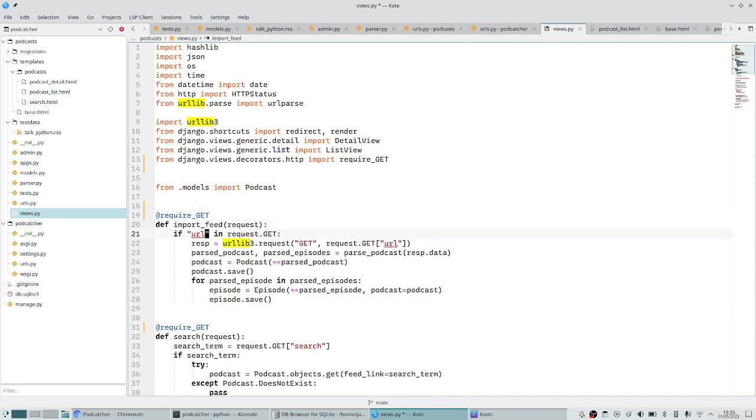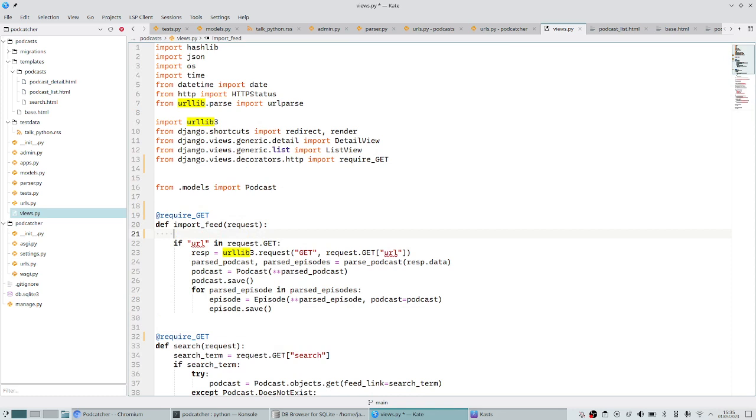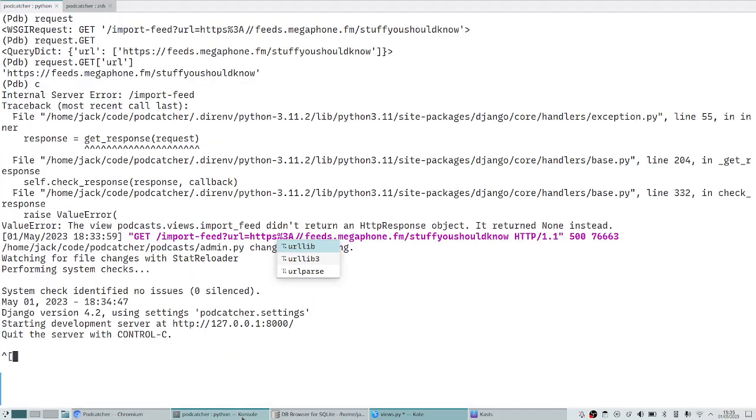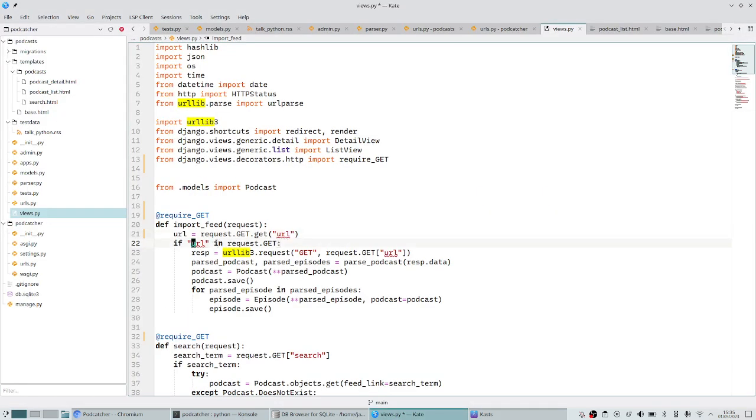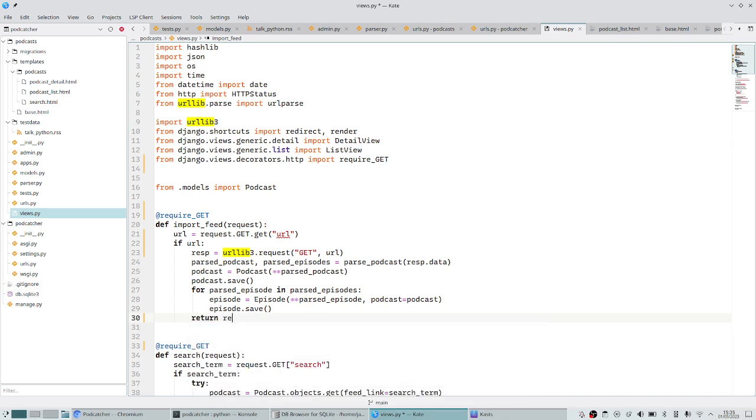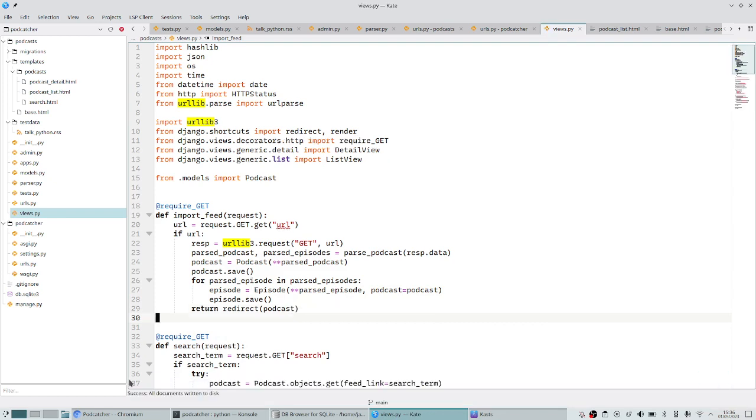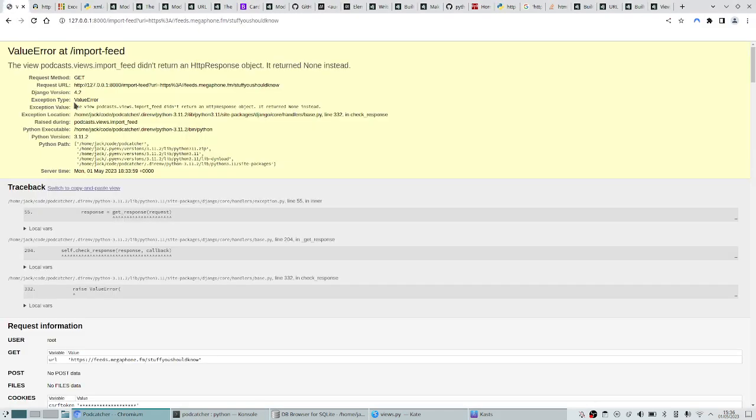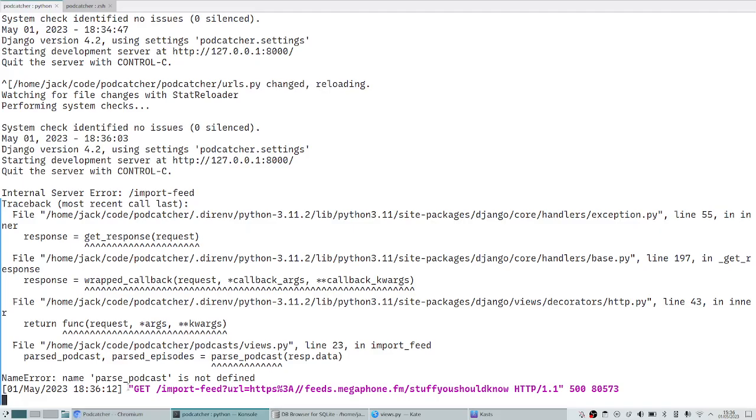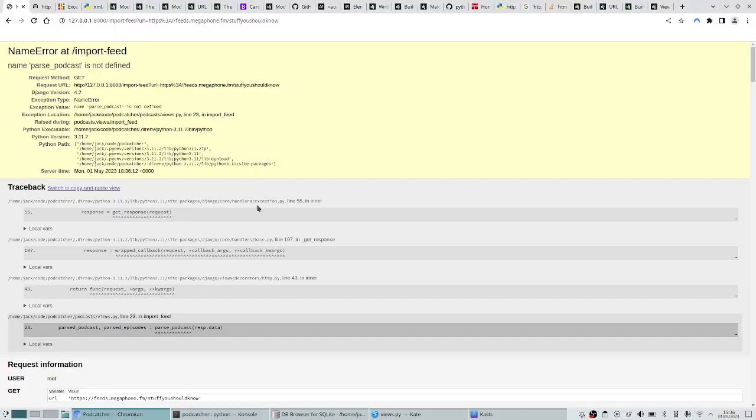So if URL is in request.GET, we can say url equals request.GET. Can I do that? Maybe I can. So then we can say if url, and then we don't have to look it up twice. Then we can return a redirect for that podcast. See if this works. Go back here, refresh this page. Let's first try this with a podcast that we know actually passes, because my concern is, okay, parse_podcast is not defined. My concern is that